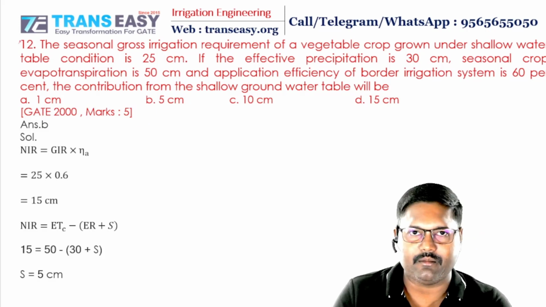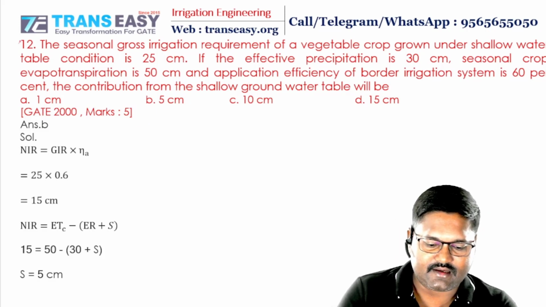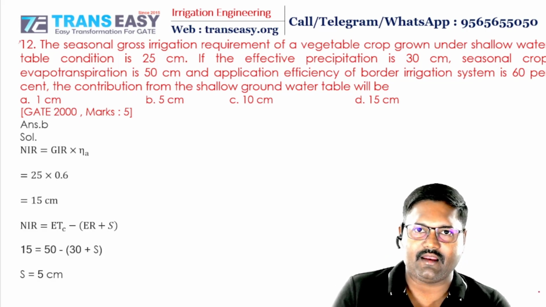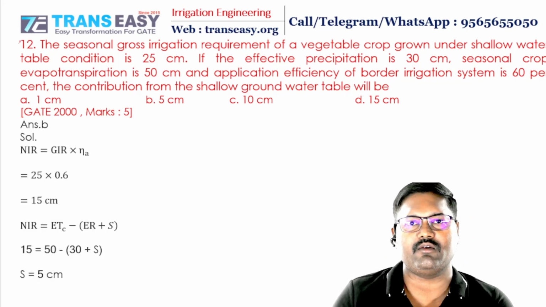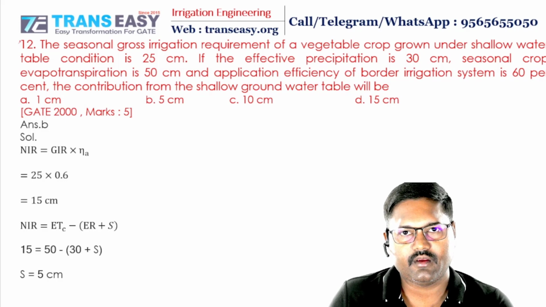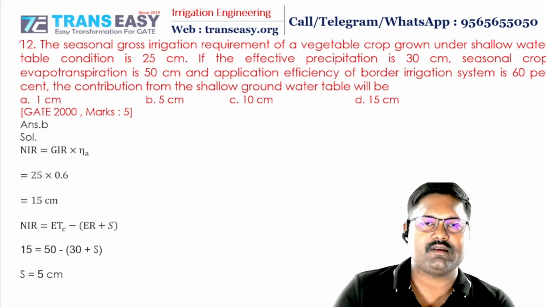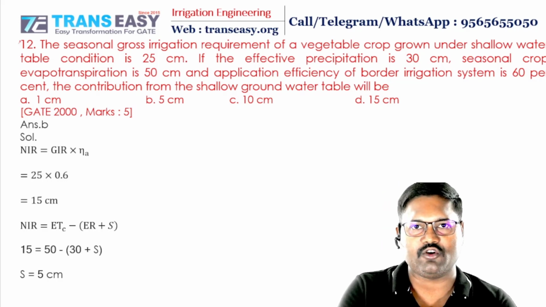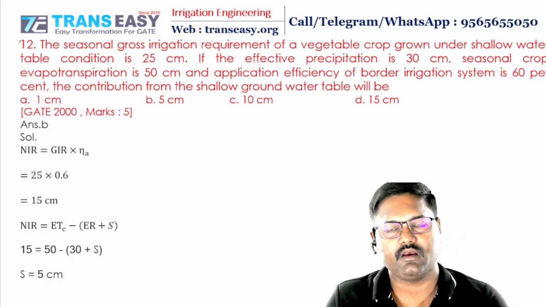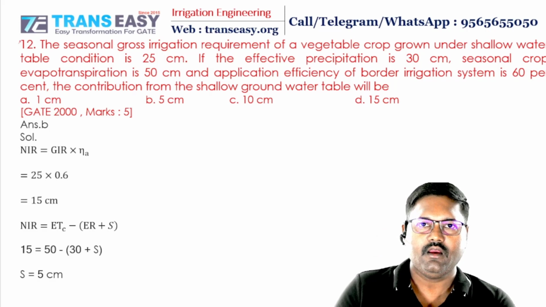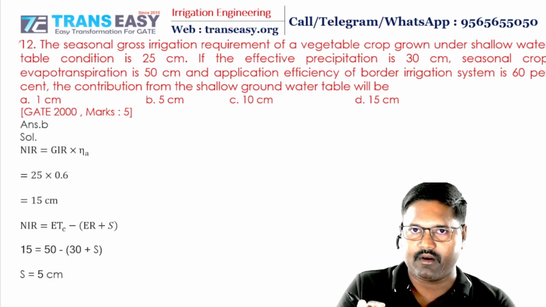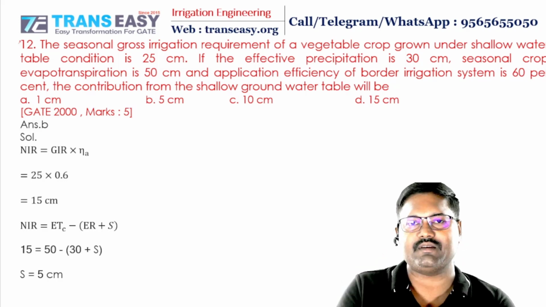Application efficiency is given, right? Application efficiency is given. So net irrigation requirement is equal to field irrigation requirement, and field irrigation requirement is equal to gross irrigation requirement, because here we will consider 100% conveyance efficiency in the absence of its value. 100% हम consider करेंगे. So gross irrigation requirement is equal to field irrigation requirement, because we are considering 100% efficient